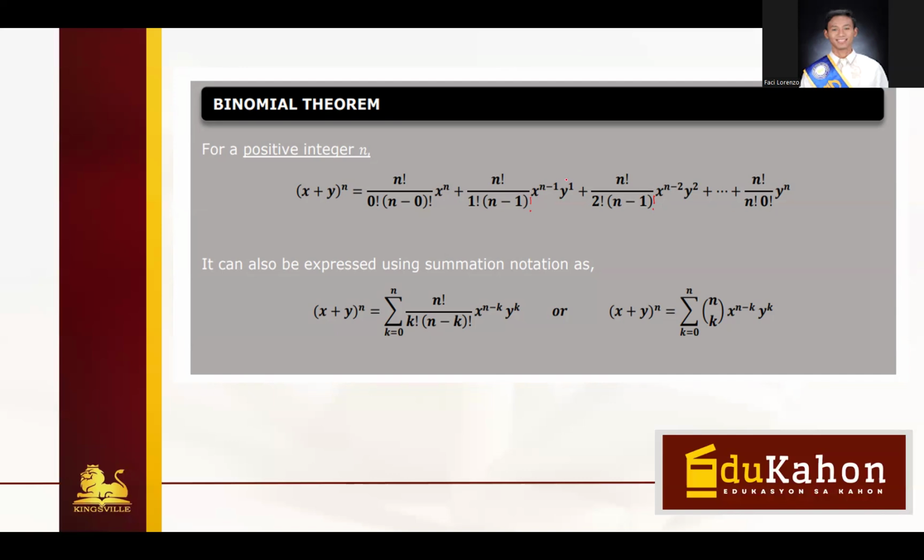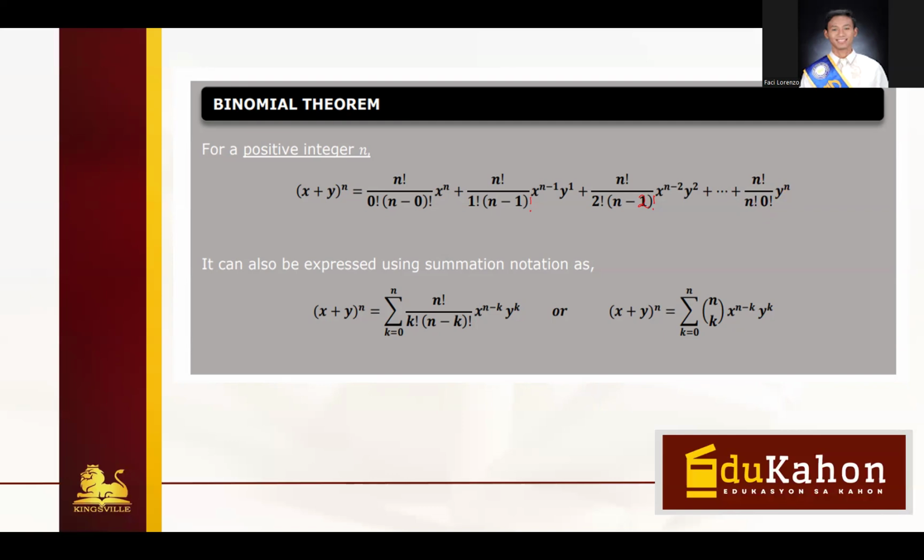Multiplied by x raised to n minus 1 times y raised to 1, plus n factorial divided by 2 factorial times n minus, okay, if this is n minus 1, this should be n minus 2 factorial, times x raised to n minus 2 times y raised to 2, plus the ellipsis until you reach your last term, which is n factorial divided by n factorial multiplied by 0 factorial, then y raised to n, which is your last term. Okay, it can also be expressed using the summation notation,